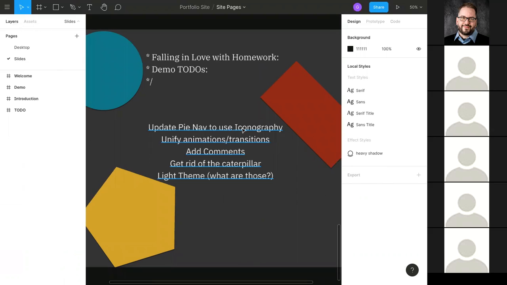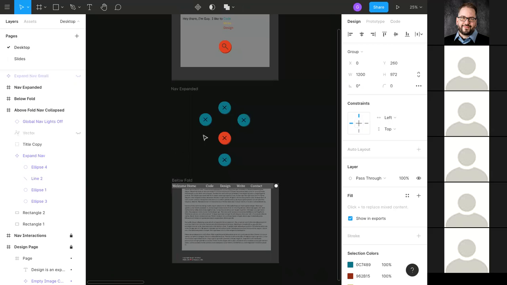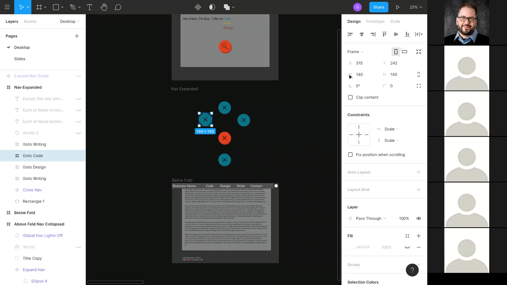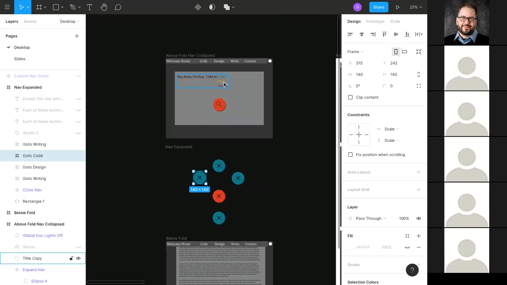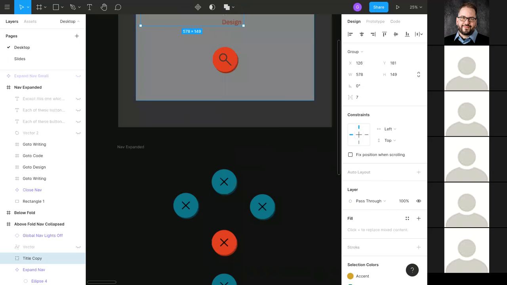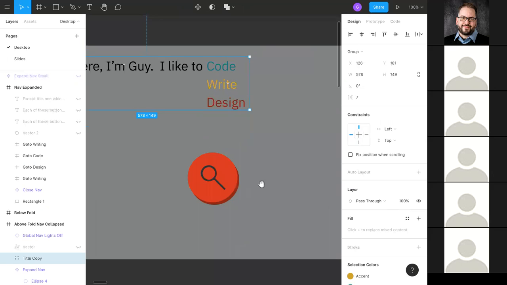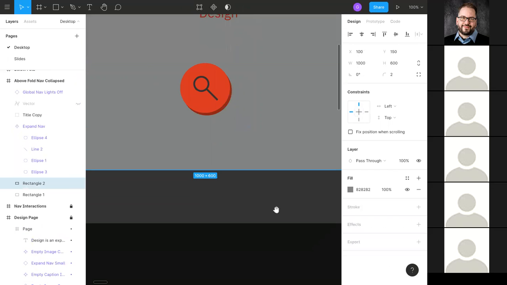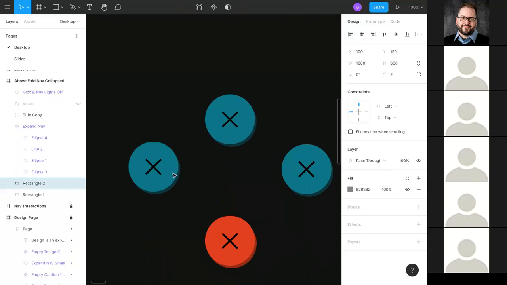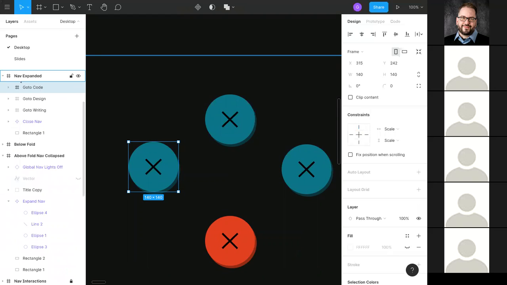So the iconography, we'll go back over to that, and then maybe we can do some animations. I think the comments will be maybe a better use of time. All right, so this one, I think at this point it's kind of arbitrary, but this right here in the actual site, this code right design thing here is on a little slider, so they are like a carousel kind of idea. They vertically rotate up and animate. And so it might be best, since the code is the one that shows first, we'll change this to use the code